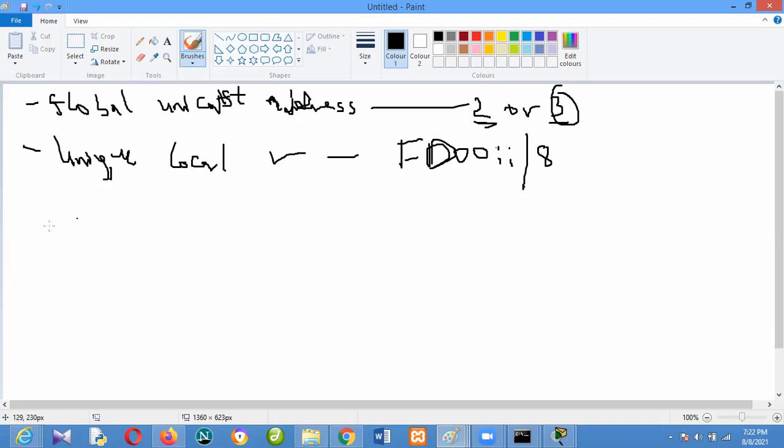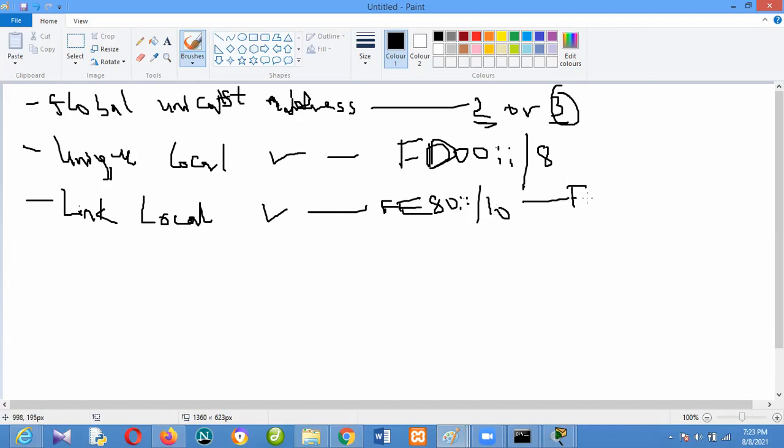And we also have other types too. We have link local. This one will take time to explain. Link local address runs from FE80 with a slash 10 to FE